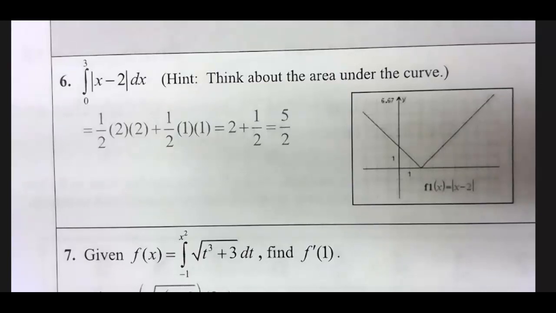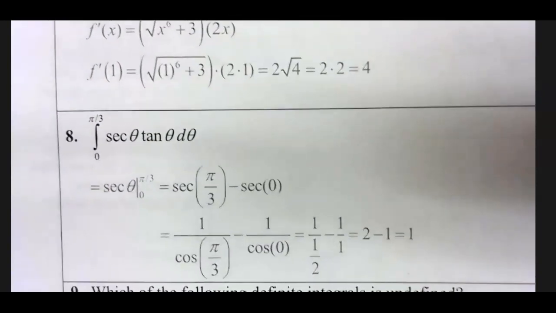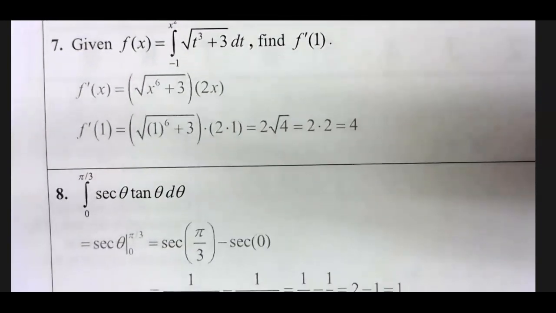Okay. 6 is a lot like the problem we struggled with before. If you have an absolute value, you've got to think about what the graph looks like and find the area under a curve. We don't have a reverse power rule or a formula that works for absolute value right now. You've got to break it into triangles. Seven and 8. So 7 is